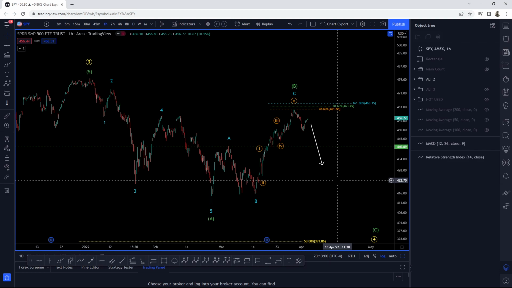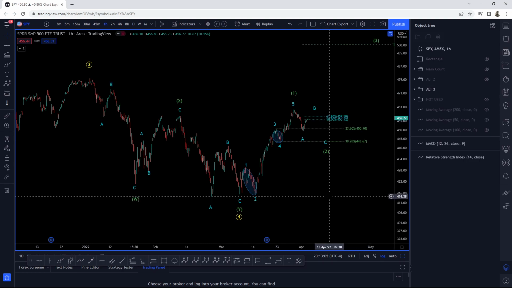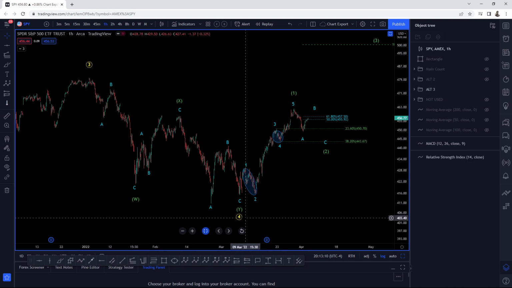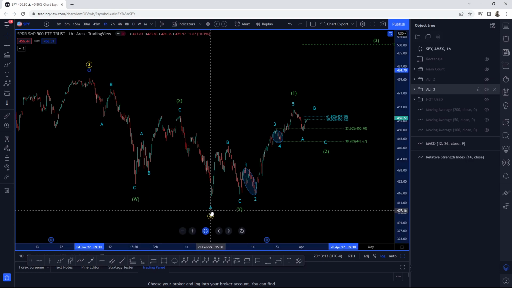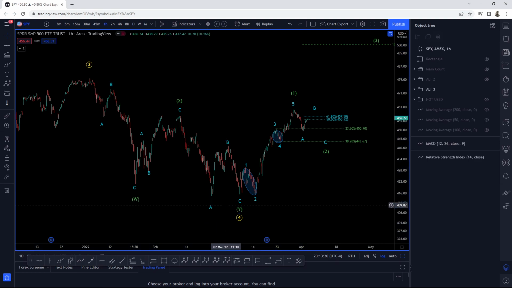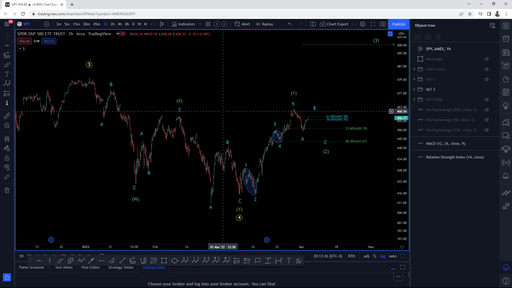Now, here's what you guys will be waiting for. I'm gonna turn this off, and we're gonna consider the alternate version of this. Now, bear with me, because there's not much change from our previous version. Our previous version suggested that the wave 4 completed on February the 24th, but now here we're considering it to be March the 8th, just like in the Qs. And just like I reviewed earlier in the video, look, if this is the end of the cycle because we are potentially gearing up for the next leg up, then that means that the Qs, meaning the NASDAQ 100 and the SPY or S&P 500 should pair up to end the cycle together.